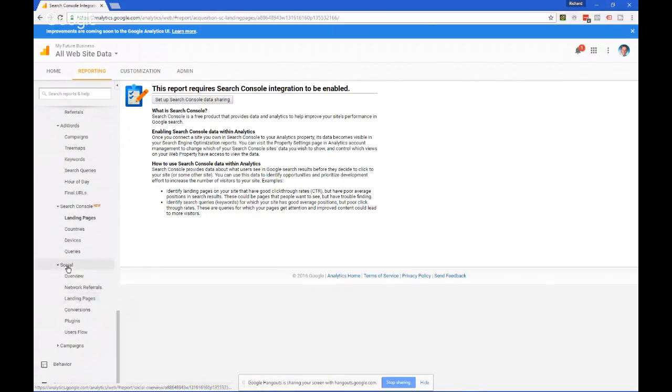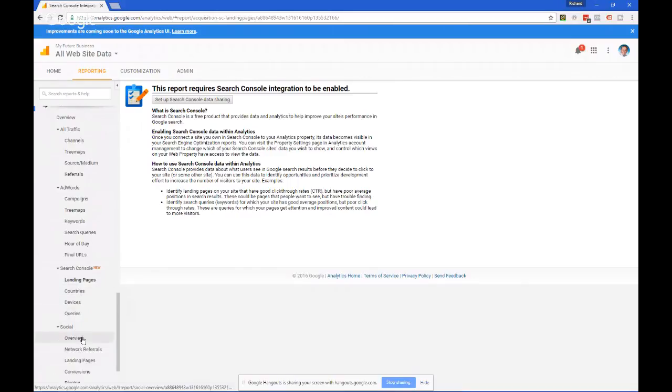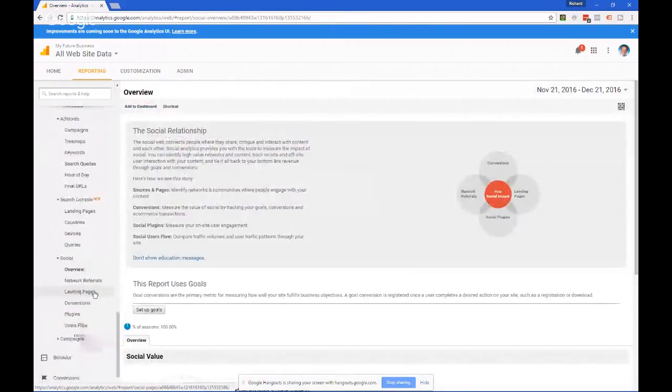Under the social tabs, again, these are elements that you can set up to see who's sharing what, who's doing what with your site, and who's interacting. Really, that's the general theme of Google Analytics, is understanding human behavior, understanding buyer behavior. So